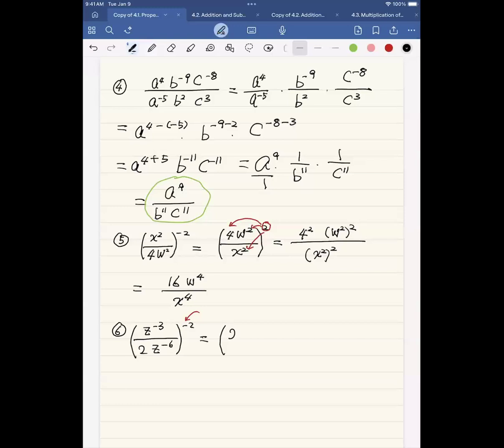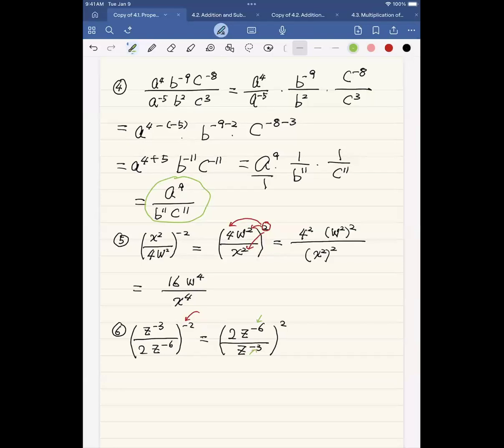So we have 2 times z to the negative 6 power over z to the negative 3 power, and then remove the negative sign here. What's important here, and maybe confusing, is that when you reposition, you don't remove the minus power here, because